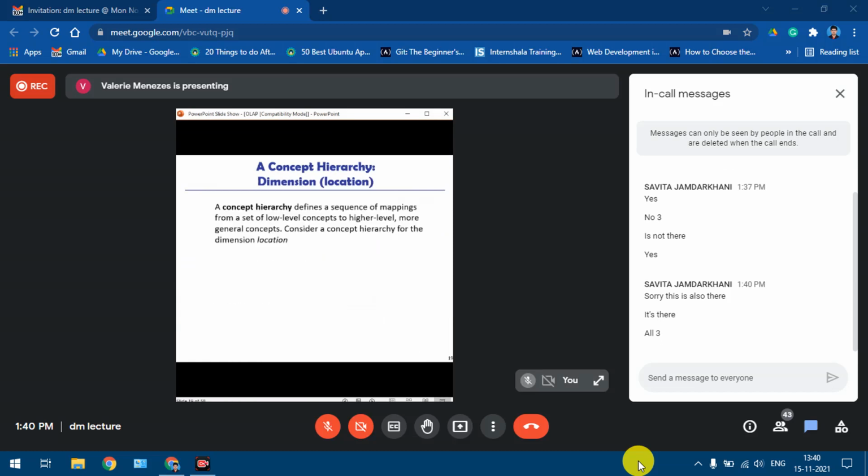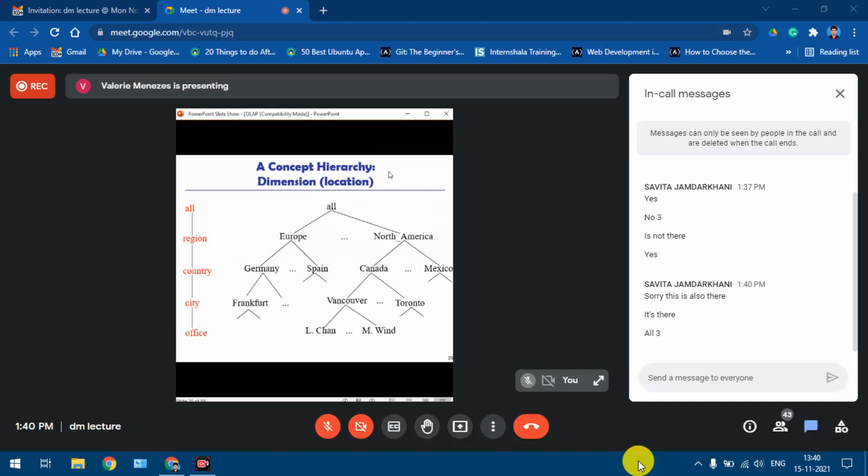So this is what we have here. A concept hierarchy. As I told you, concept hierarchy is the merging of concepts from low level to high level. For example, for location, location can be based on continents. Each continent can have countries. Countries can have cities. Cities can have different streets, or locations within a city. So you can have a different concept hierarchy.